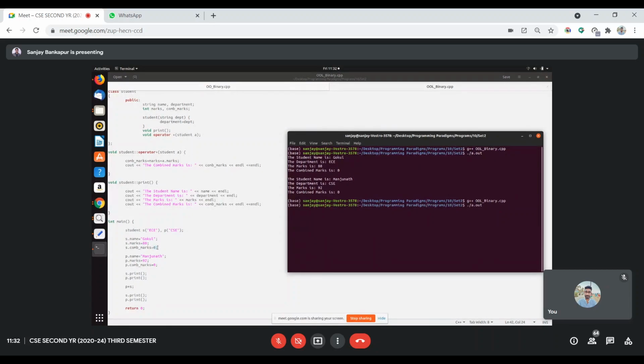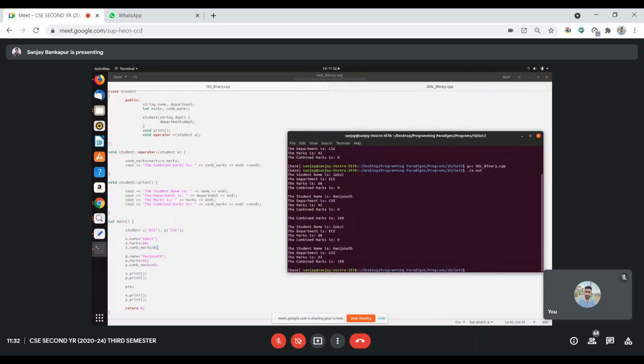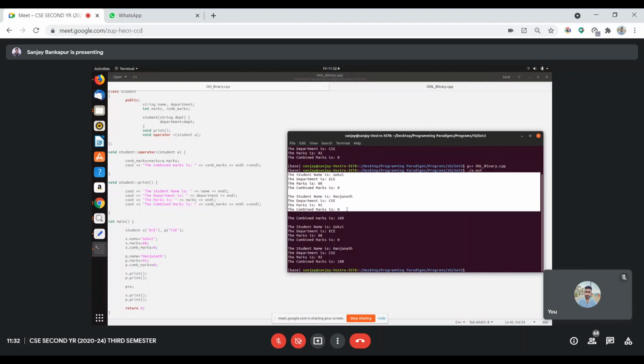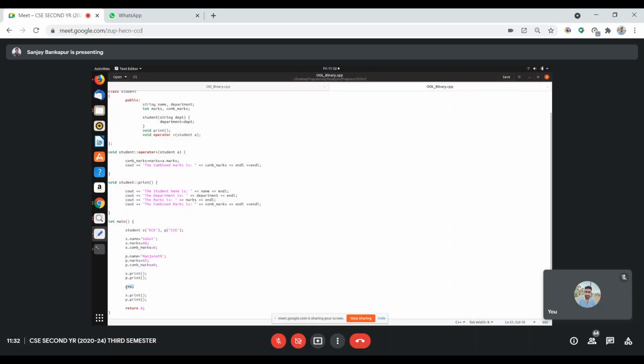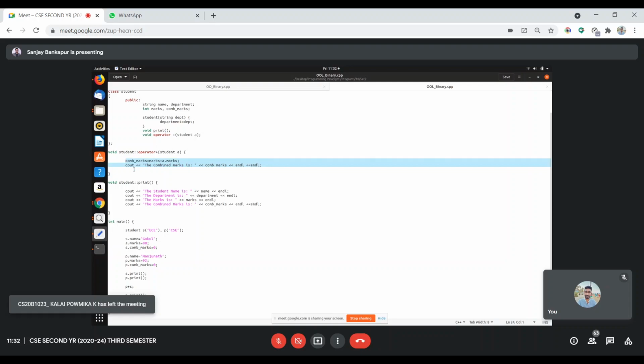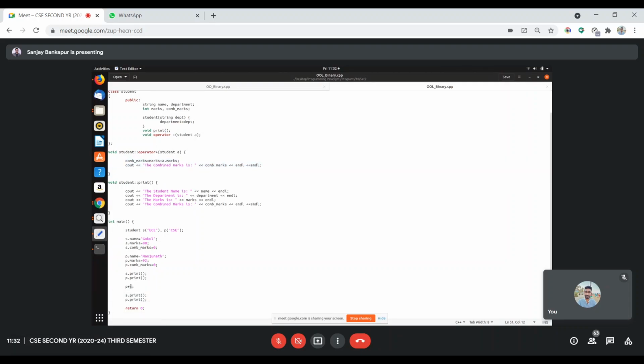Compile it again because I have uncommented that. So we can see that these two parts are the same. Initially we saw that. Now this combined marks is 180, printed when this line is executed, this function is executed. So at p level, s is being passed as an argument, and here the parameter is a, and it added and displayed that marks.